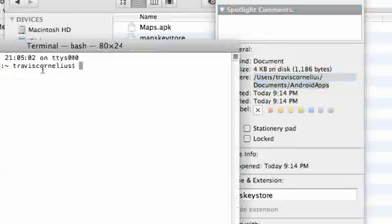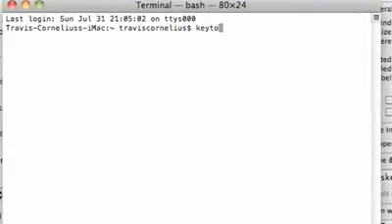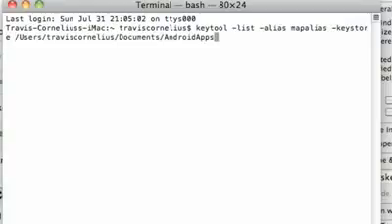So let's get started. All we have to do is type keytool -list space -alias, and again our alias was named map alias, so this is where it's a little bit different than last time, because again we have to refer to the name of the alias that we saved within our keystore. And then we're going to say space -keystore and then space and then our path, so I'm going to hit Control V